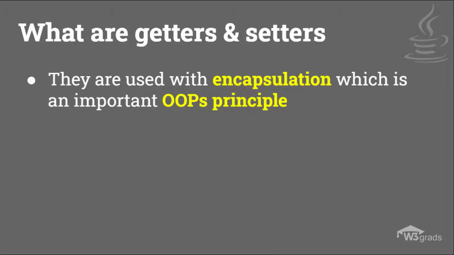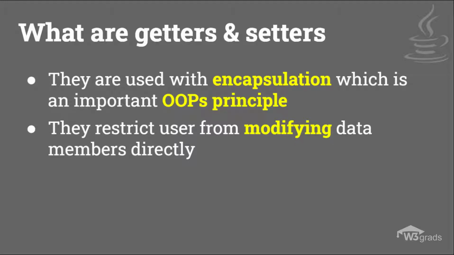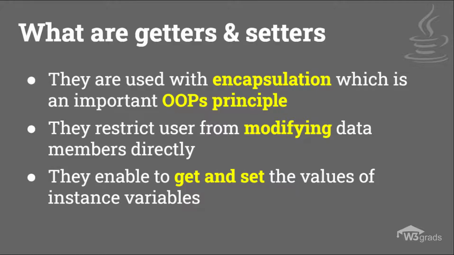Getters and setters come into picture with the term encapsulation, which is one of the principles of object-oriented programming. Encapsulation means that you need to hide the data from the user to avoid any sort of unwanted changes made to it. And also allow only a restricted amount of operations a user can carry over the data. Getters and setters in Java are methods that let us read and write the value of an instance variable of an object. This is the way we can set and get values without exposing the fields of the class.